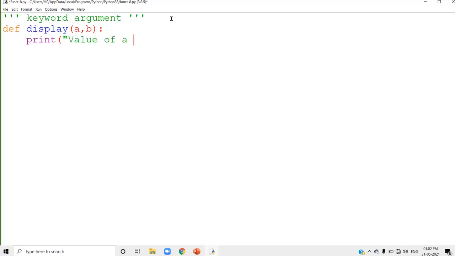Print value of a is, and in the same way b is. Now I am going to call the function display. I am passing a equal to 10 comma b equal to 30. So a is passed to a itself and b is passed to the b variable.